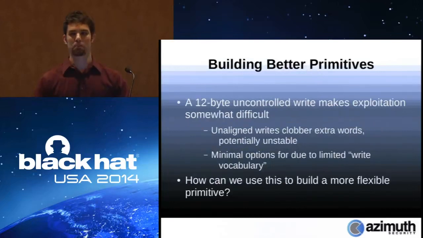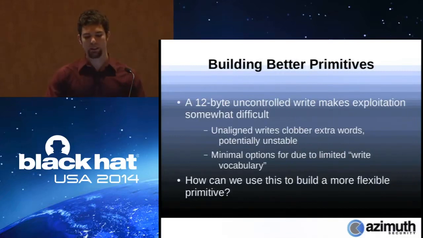So we need to take another approach to actually gaining arbitrary code execution, because it's clear that, at least from experimentation, it's not going to work. We're not going to be able to cause TrustZone to execute non-secure code. We need to find a way to cause TrustZone to execute secure code in a way that allows us to win. Now, the fact that this is a 12-byte memory write where we don't control the contents makes exploitation somewhat